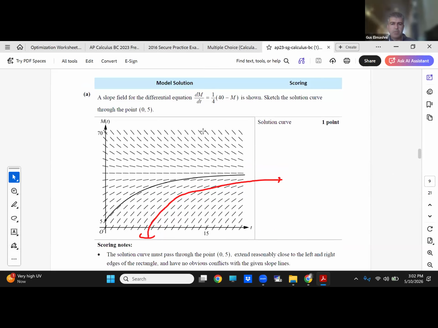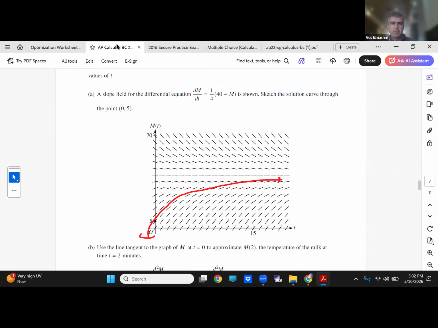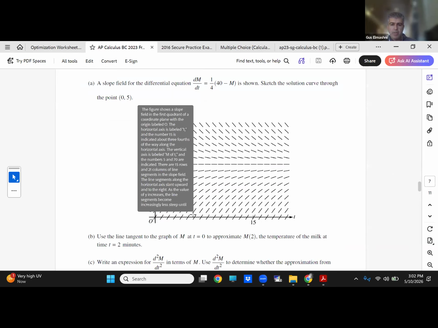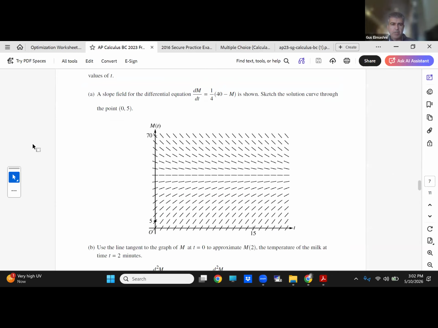Yep, there we go. Just 1 point. Then use a tangent line to the graph of m at t equals 0 to approximate m of 2 at 2 minutes. So think of it like this, y minus y1 is a fancy way of writing it, but just do that. And you know it's a 0 and 5, so you do x minus 0, y minus 5, and the slope